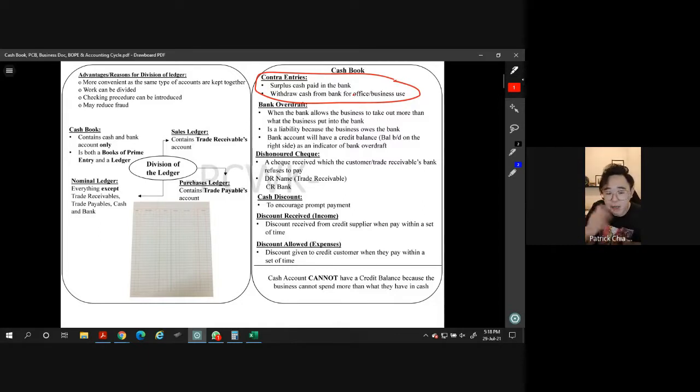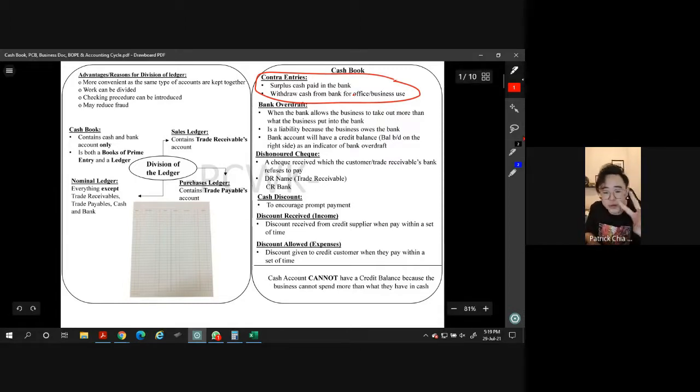Always remember that whatever I'm saying, imagine that you're a business. Okay, from the business point of view, today all the customers pay cash. So I have a lot of cash. It's very dangerous, so let's keep the money in the bank. So all this has nothing to do with the owner, guys. Owner and business are separate. This is all business money. Okay, so far? All right.